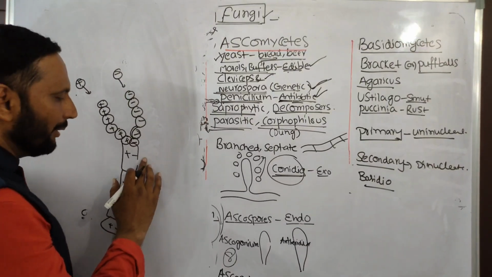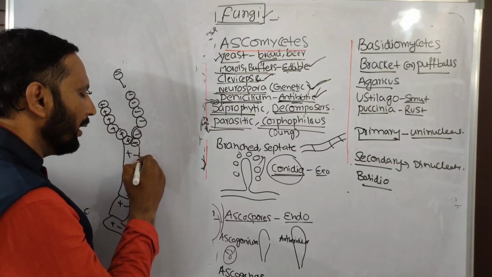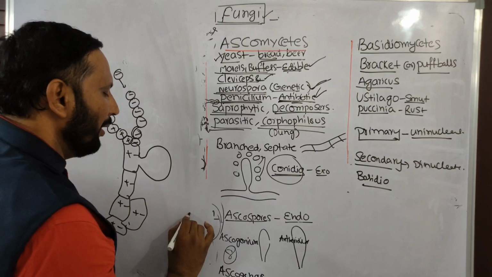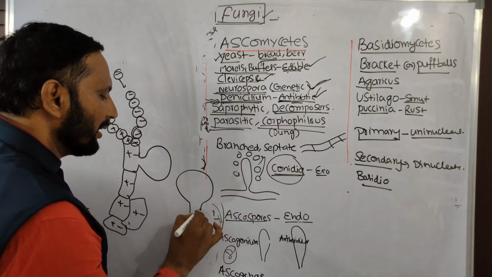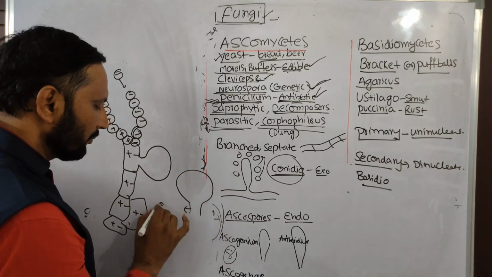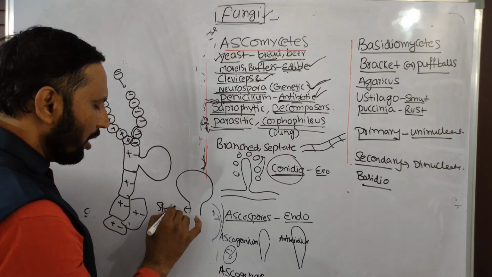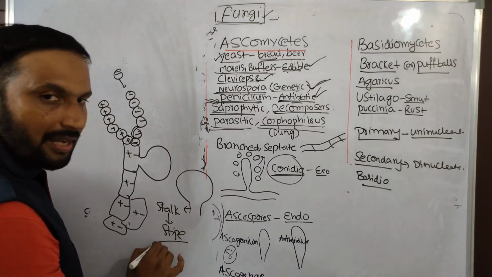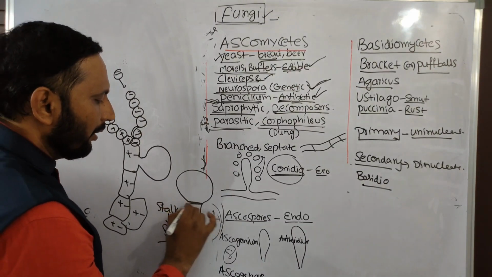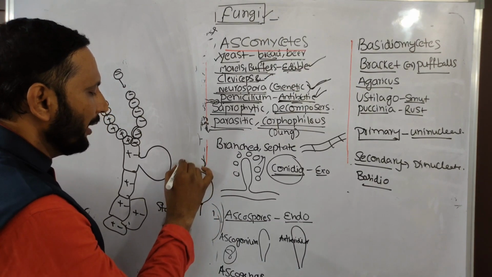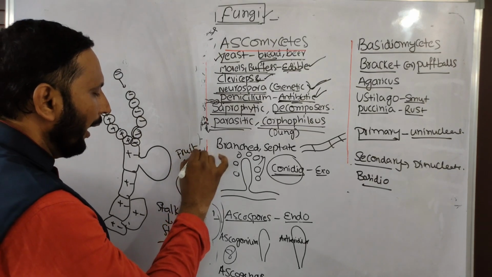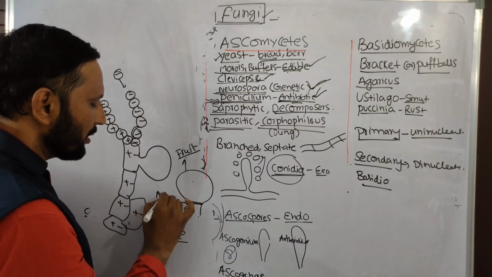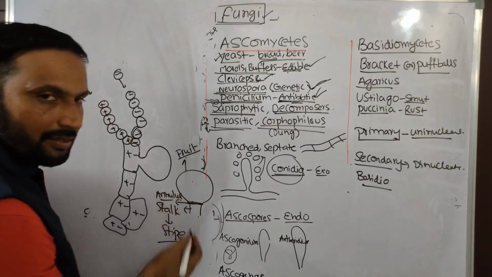Now this secondary mycelium forms a bulb-like structure. This is the bulb-like structure. Now I can write the bulb like this. So the bulb-like structure contains a stalk. The stalk part is called the stipe. This is the stipe. Okay, there the fruiting body is present, a fruit-like body. In between the fruit-like body and the stalk, that means the stipe, the annulus is present. The junction part is called the annulus.